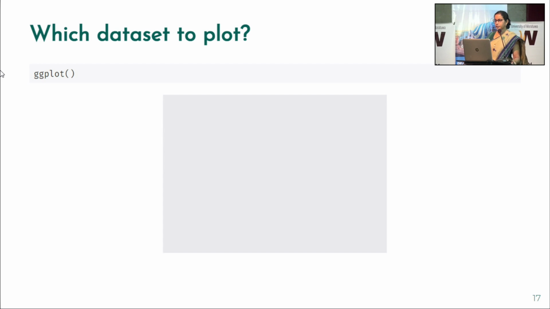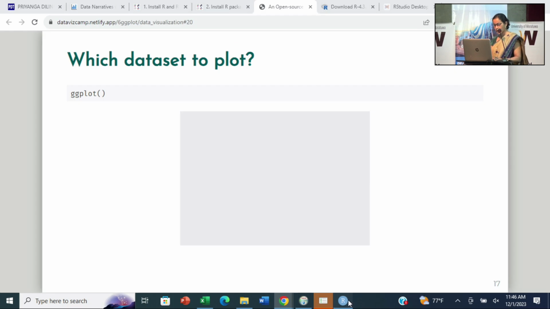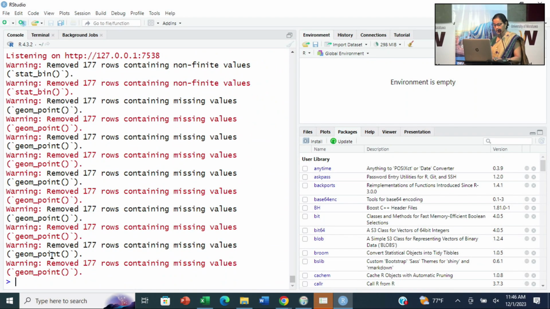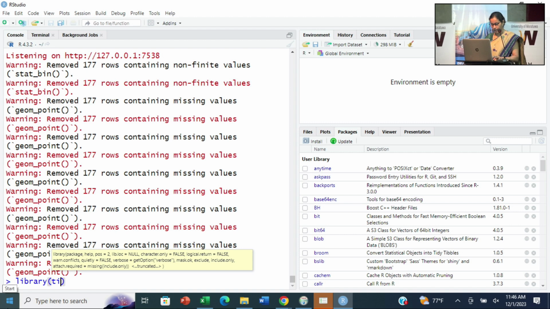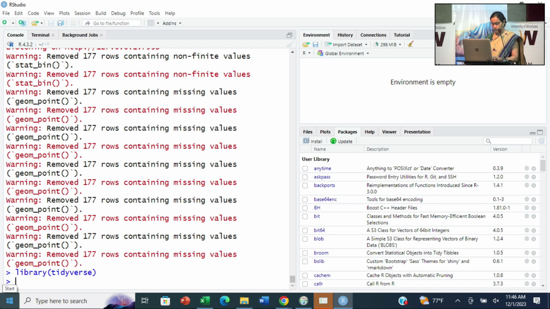Now I'm going to explain how to create a graph using the ggplot tool. The first layer is our data. Basically, you ask the question, which data to plot. This is how you initiate your ggplot2 call. If you just type ggplot, this is what you see. Here is the command prompt. I have already loaded the tidyverse library, and if you just type ggplot,